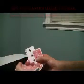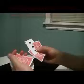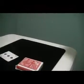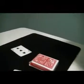Now, you pinky count 1, 2. You're going to set this down, flip these over, okay? Now, what you're going to do is you're going to have the box here. The box is on the table, okay? And you see the box. Because what you're going to do is you're going to take the jokers, you're going to steal them off,